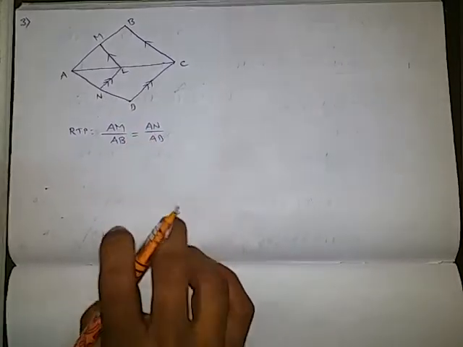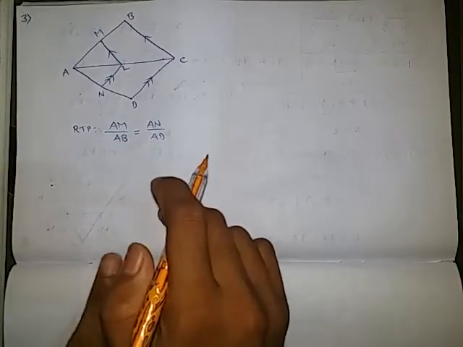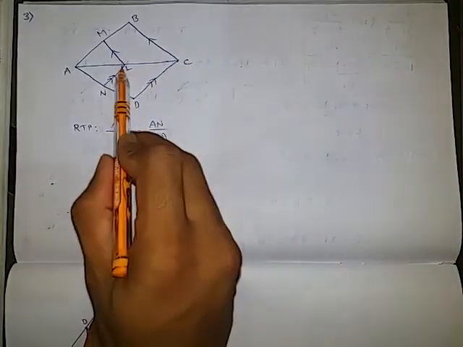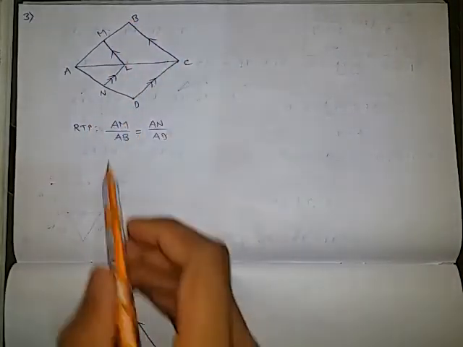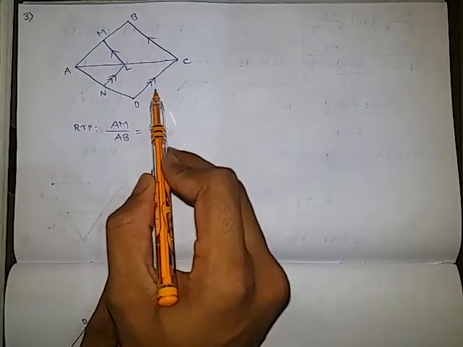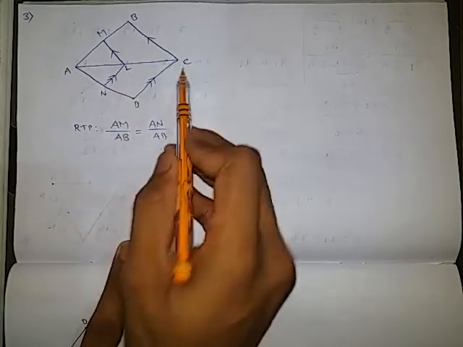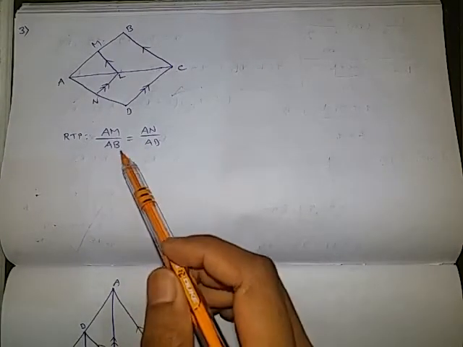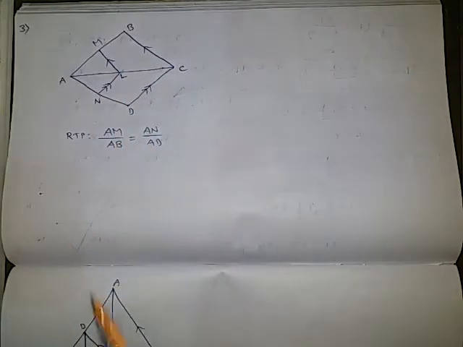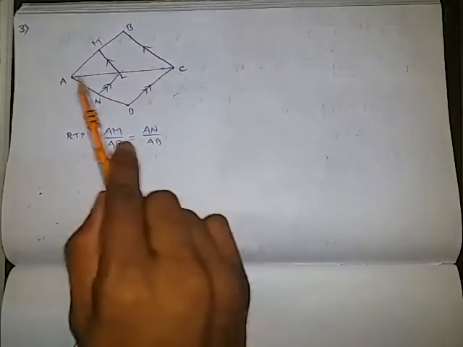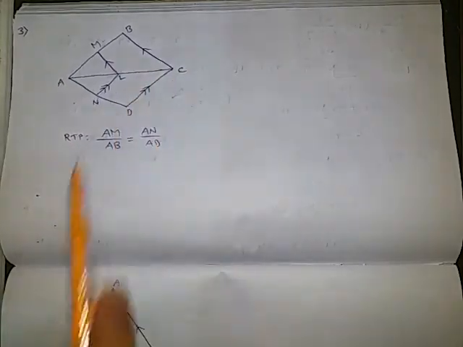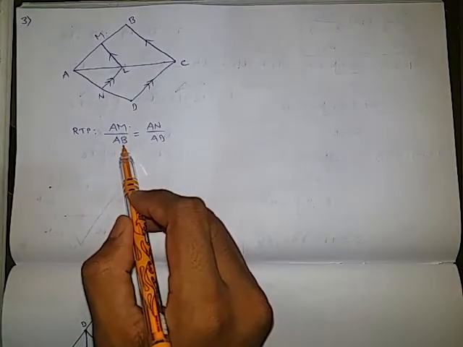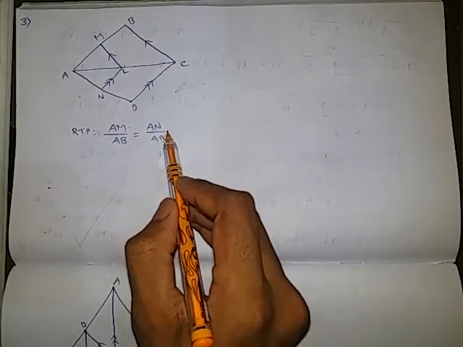Now let's have a look at this diagram. Here LM and BC are both indicated with one arrow, so it means LM is parallel to BC. Next, LN and CD are both represented by two arrows, so it means LN is parallel to CD. That he gave in the question itself, so no problem at all. Then we have an upper triangle and a lower triangle, that is ABC the upper triangle, ADC the lower triangle. Then he is asking to prove AM by AB is equal to AN by AD.